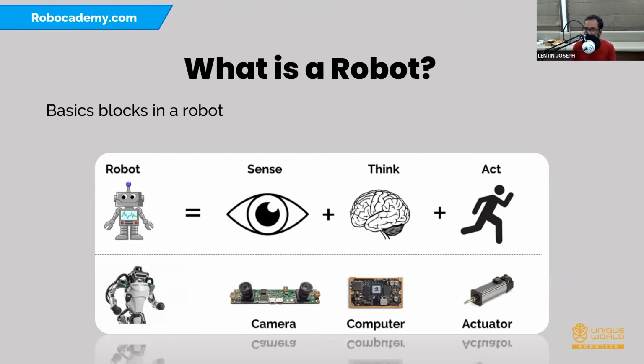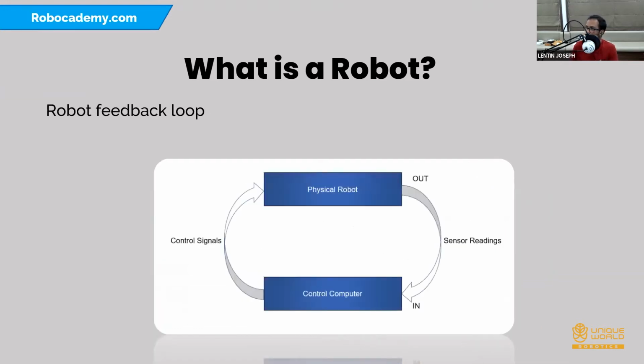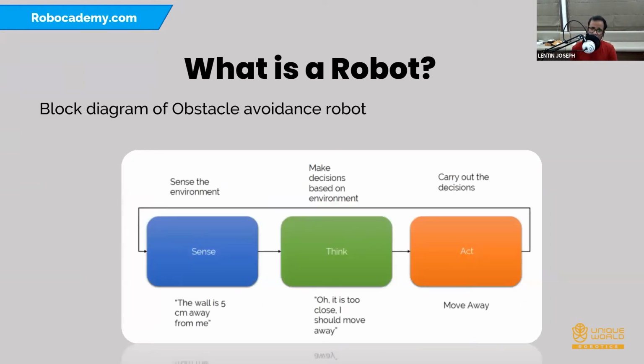Just have a look at the feedback loop. It's very similar to a human being. We perceive from the environment, feed it into the brain, then the control signals or decisions are fed to the joints. This is what is happening inside any robot. It's actually a loop, going on continuously: reading from sensors, processing, and sending to the actuators.